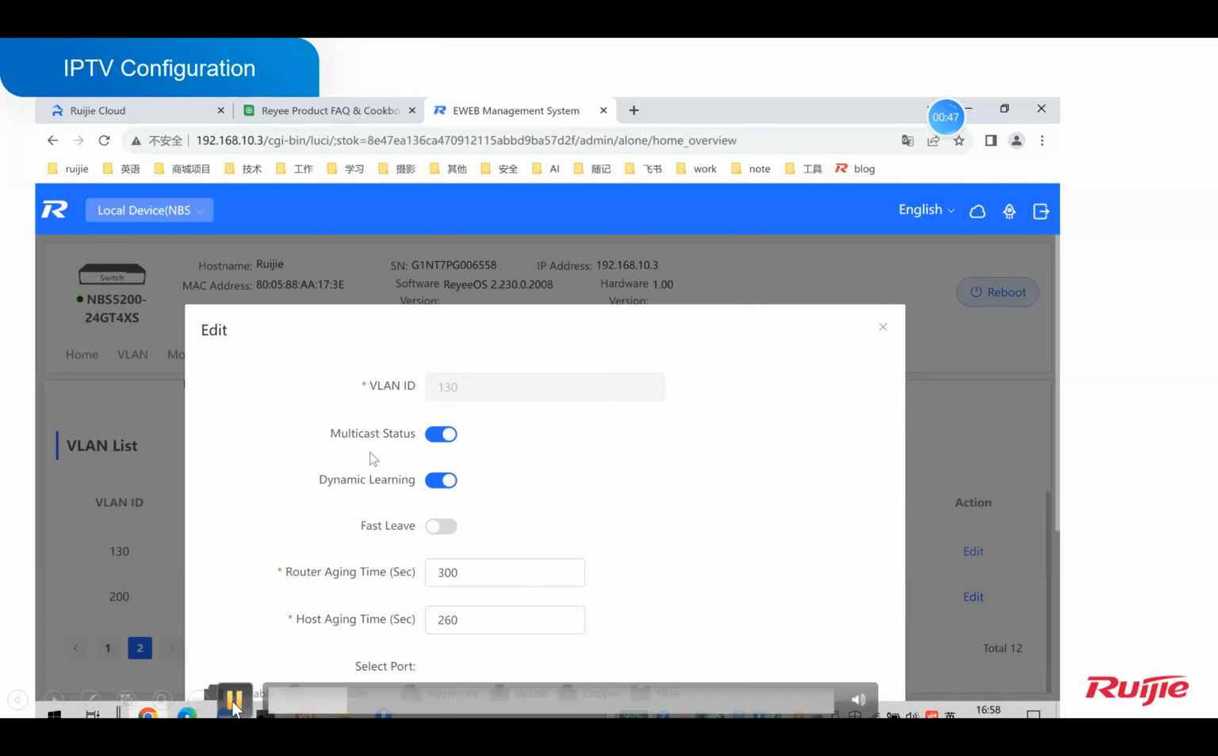And after we configure the IPTV and the IGMP snooping and enable the multicast function in our eWeb on the NBS device, we have to enable every function on every NBS device so that they can help us transfer the multicast traffic. So after this, we will switch to another NBS